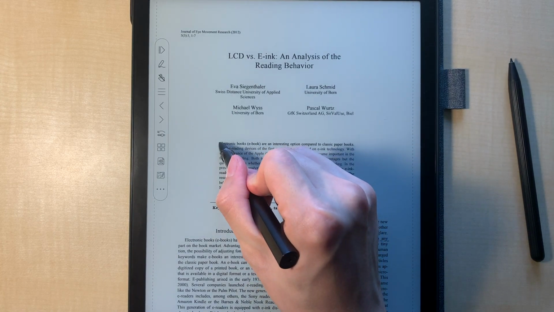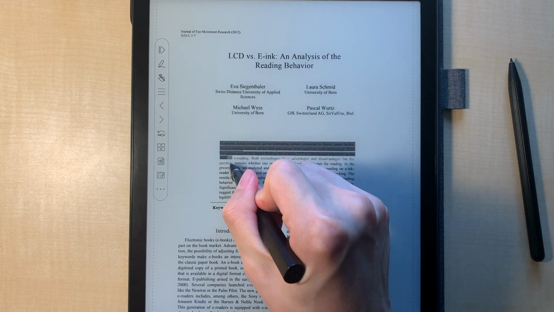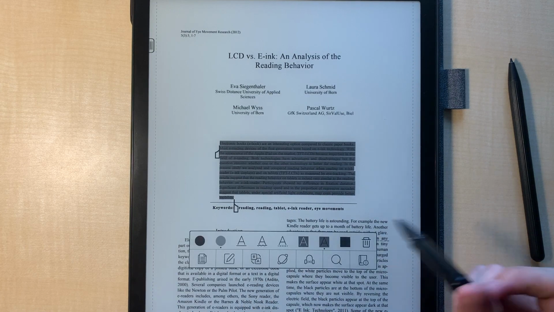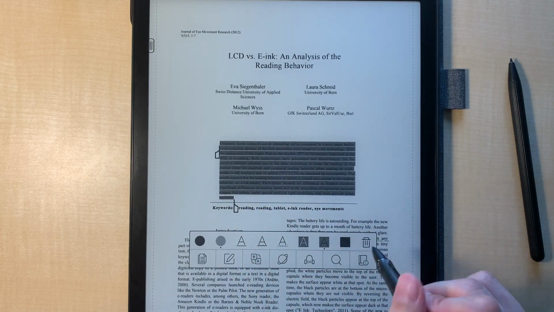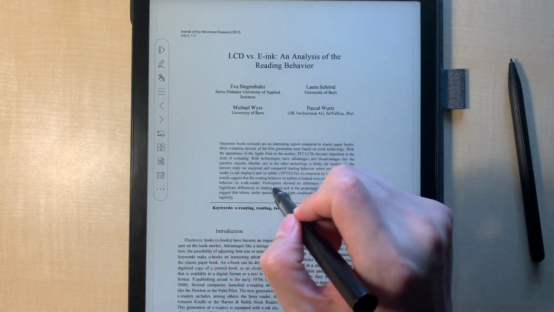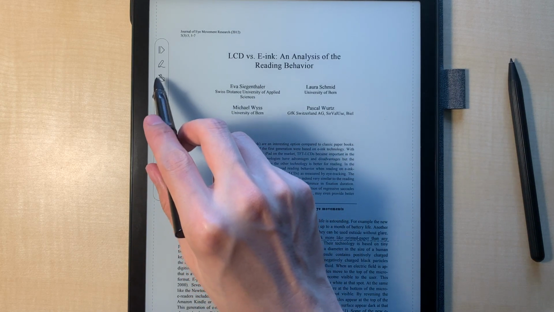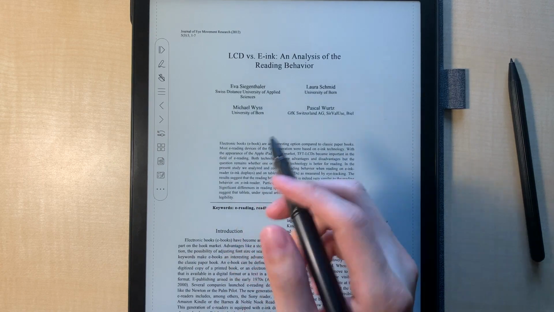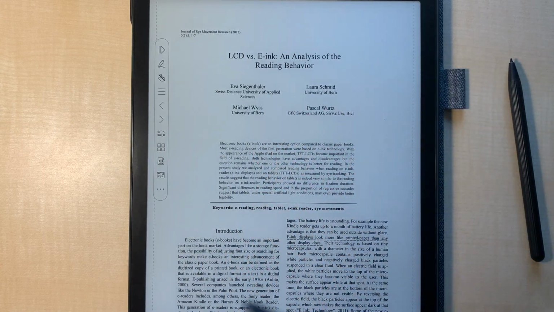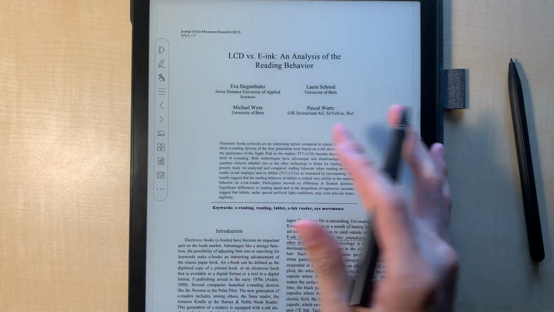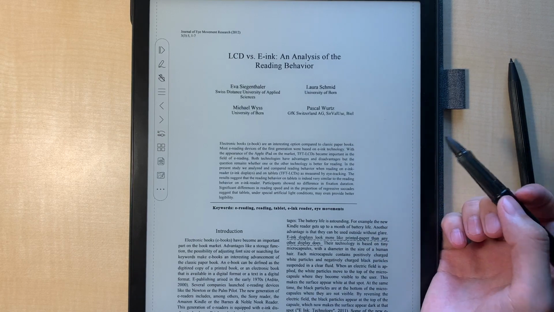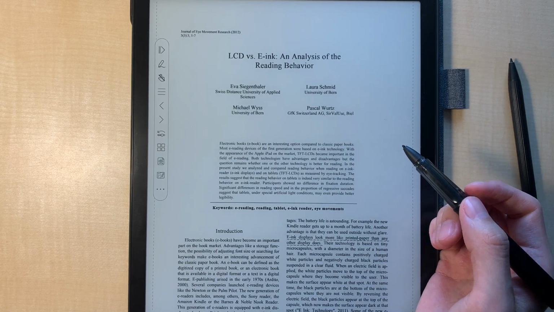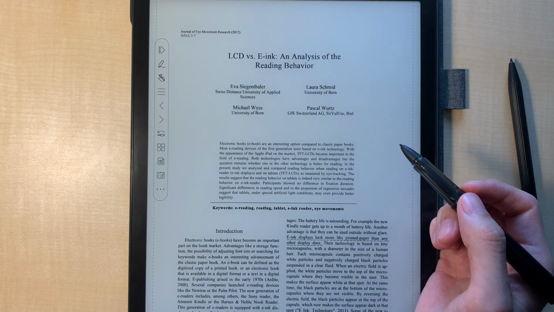So I still need to leave all my hand above the screen and only use my pen. When you're using your pen tip to highlight, even though your finger touch is disabled, your finger touch is still disrupting your highlighting. So I think this is a bug. Dear Onyx, please fix this. But yeah,